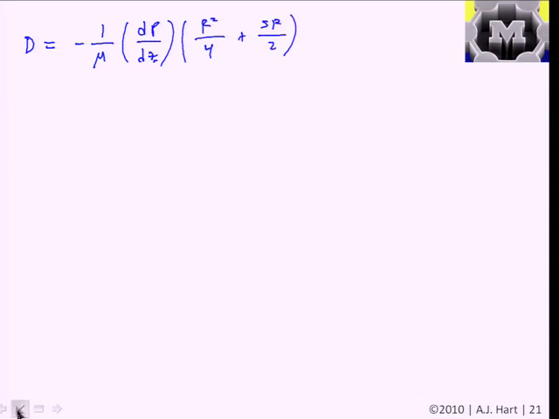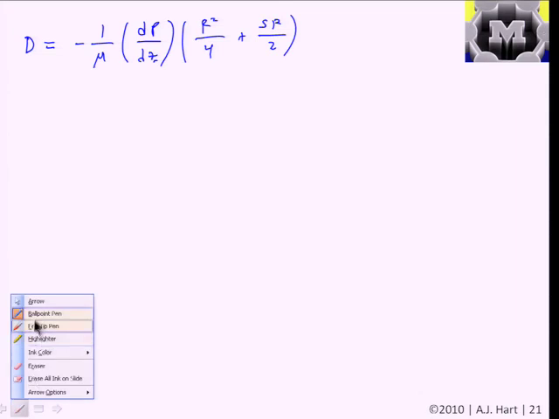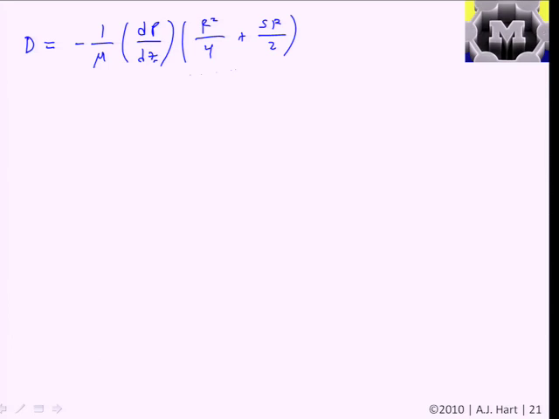So now, if we solve this for D, just rearranging the previous equation, we get minus 1 over mu times the pressure gradient times the quantity r squared over 4 plus SR divided by 2. I'll write the S a bit more clearly. There. And then if we substitute this into our original equation and collect the terms, we